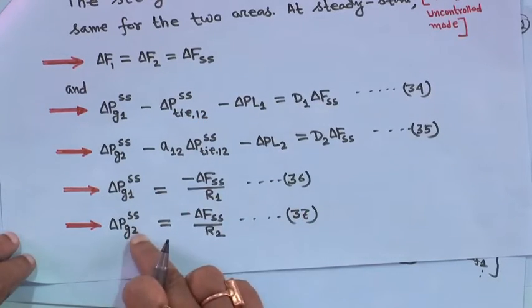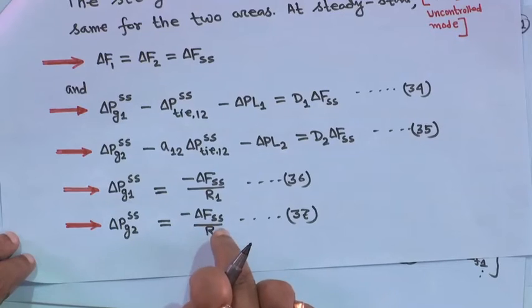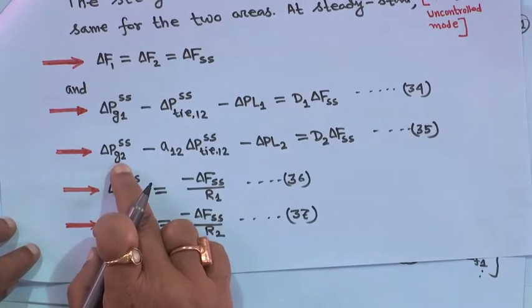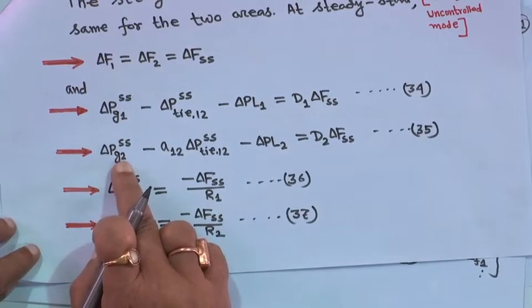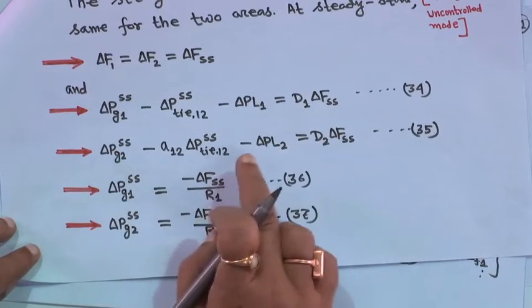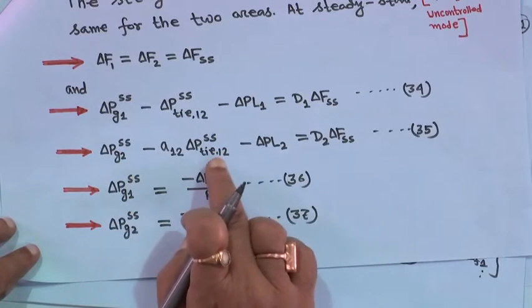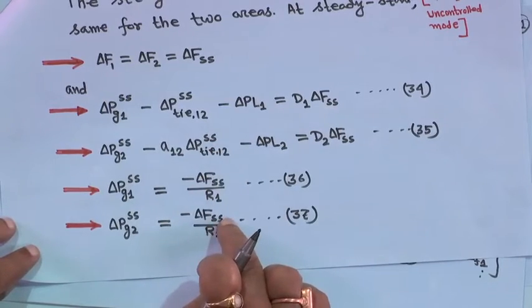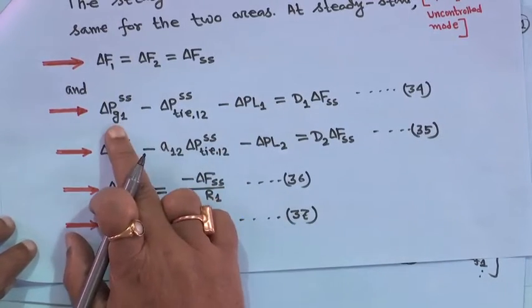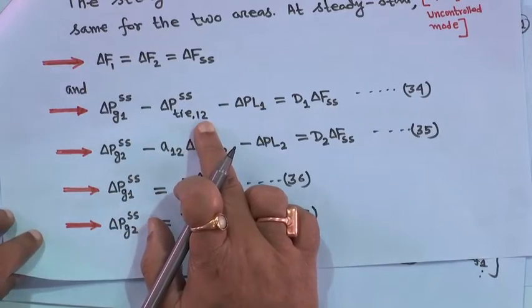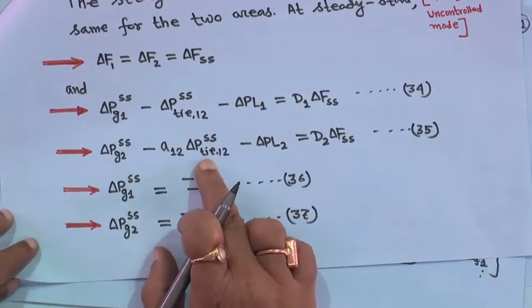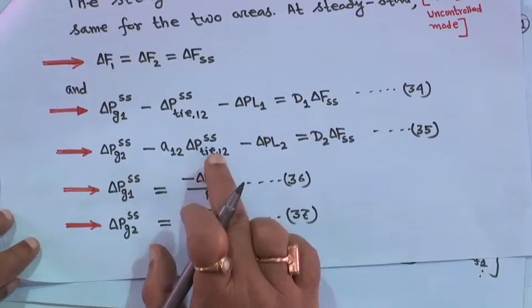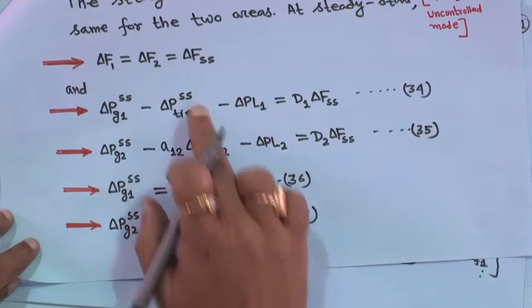Similarly, delta Pg2SS is equal to minus delta FSS upon R2. This you substitute here. Then this equation will also become a function of delta P12SS and delta FSS. So, this equation also is in terms of delta FSS and delta P12SS. Then solve these two equations,